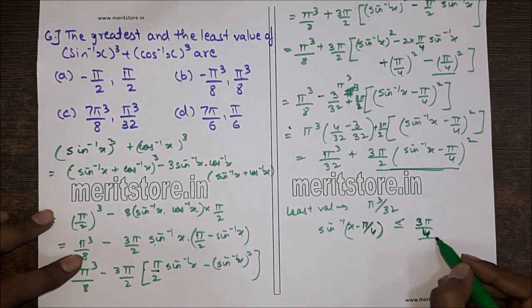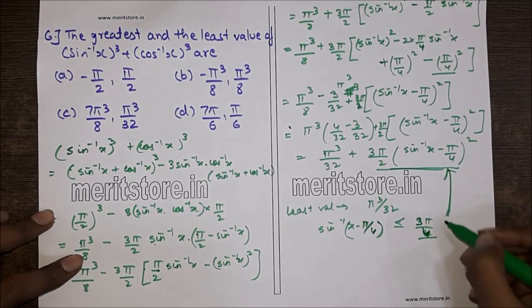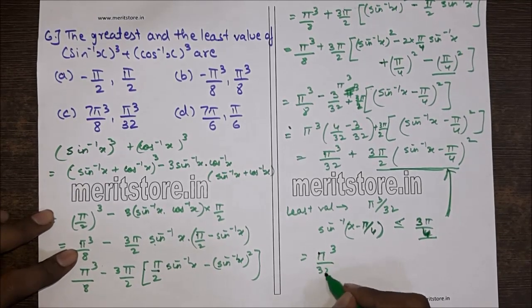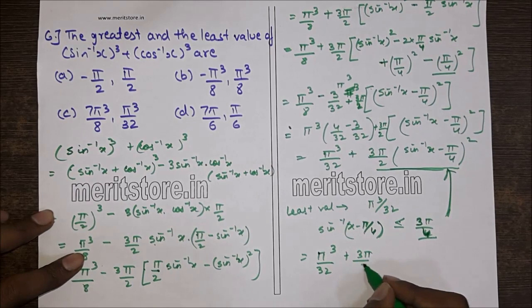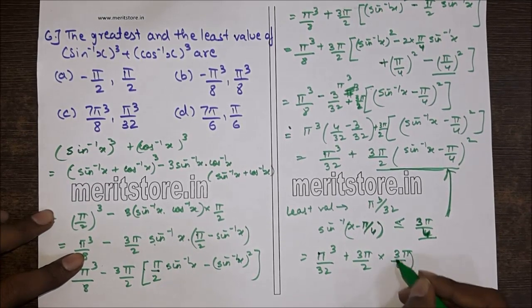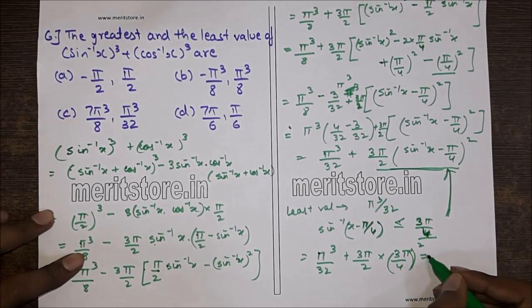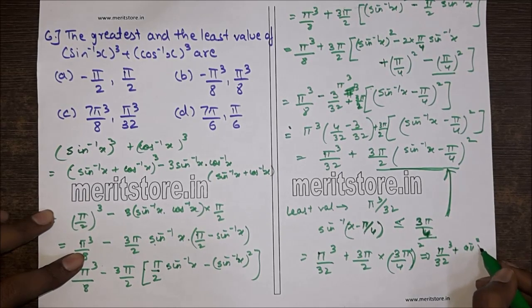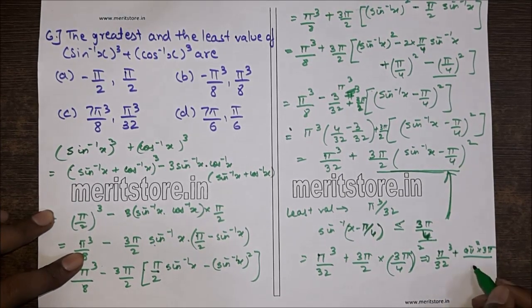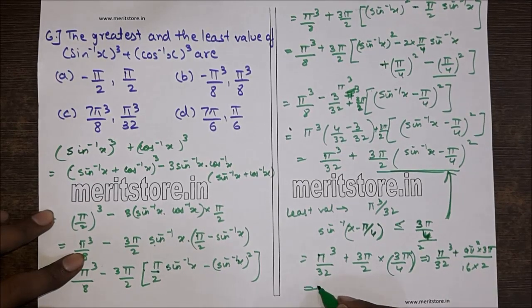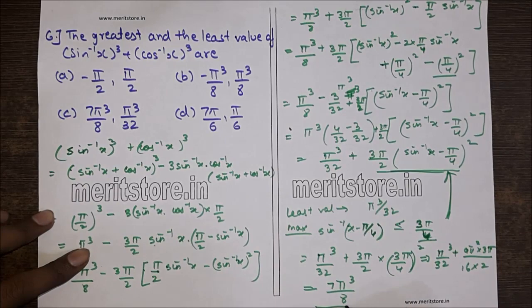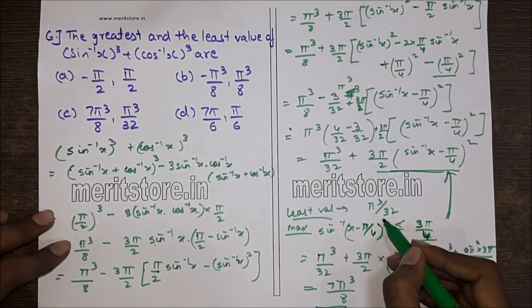So substituting this term in this expression, we get pi cube by 32 plus 3 pi by 2 into 3 pi by 4 the whole square, that is equal to pi cube by 32 plus 9 pi square into 3 pi divided by 16 into 2, that is equal to 7 pi cube by 8. This is the maximum value. So the maximum value is 7 pi cube by 8 and minimum value is pi cube by 32, which is